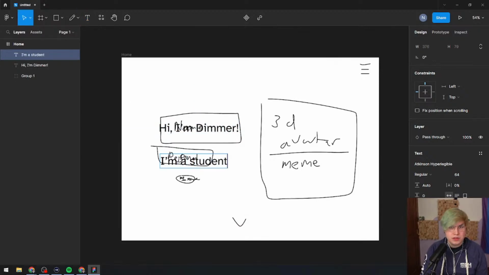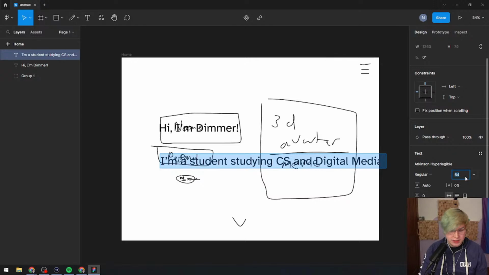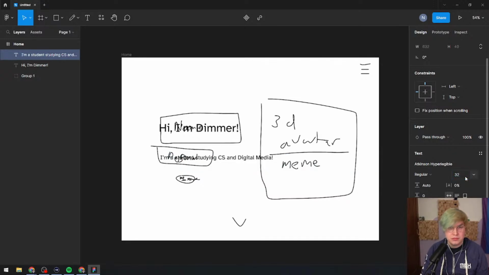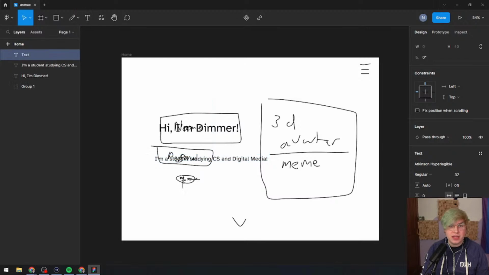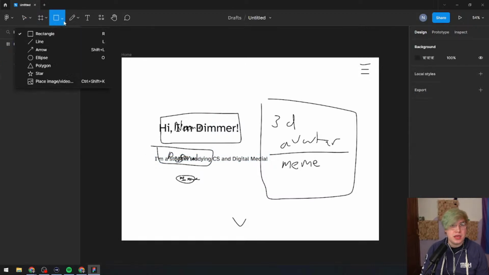I'm a student studying CS and digital media. And we're going to make this much smaller. So that goes there. And then actually, what I think this button should be, instead of a contact, I think that button should be